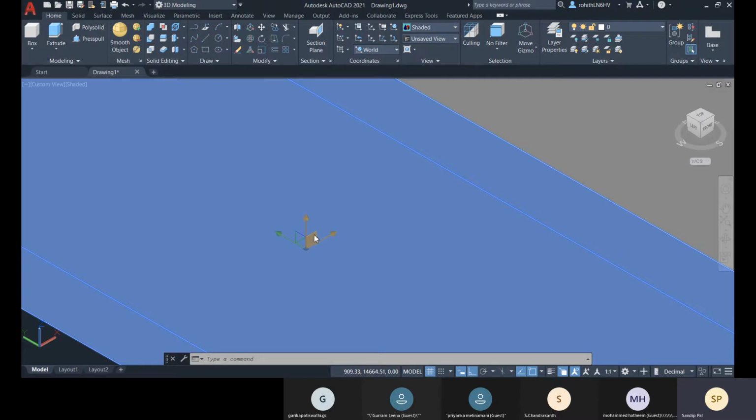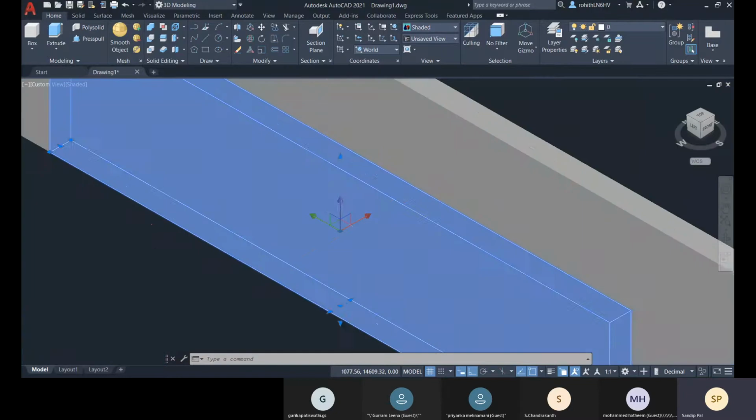So if you select this xz plane, you can see that both the x and z axis are highlighted right now. So if you click and drag, this object will move along x and z, and so on for other planes. And if you choose only one particular axis, you can move along one particular axis.